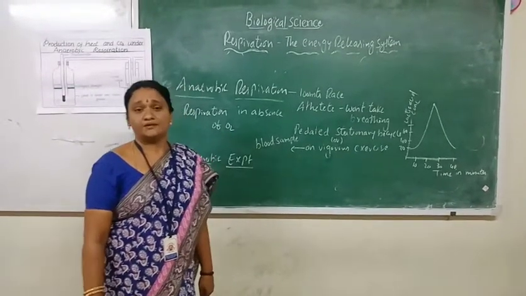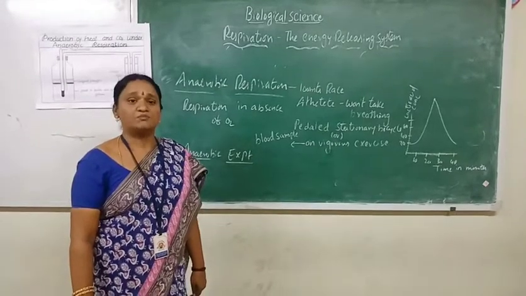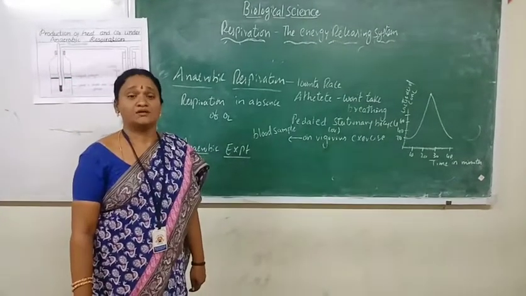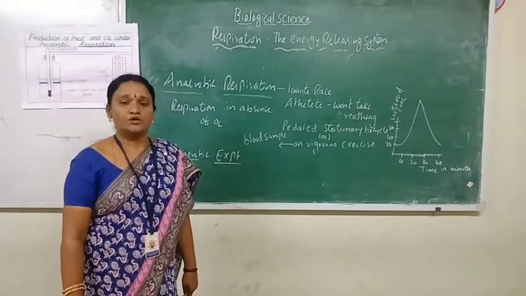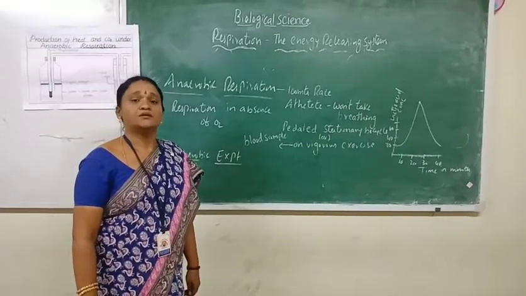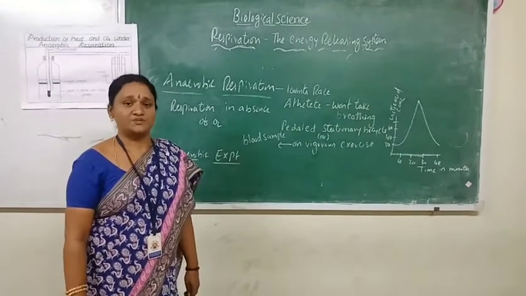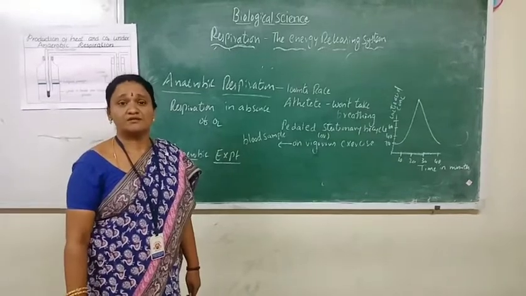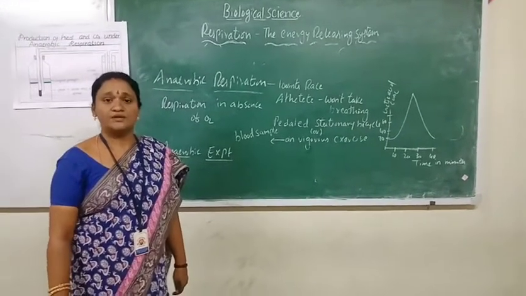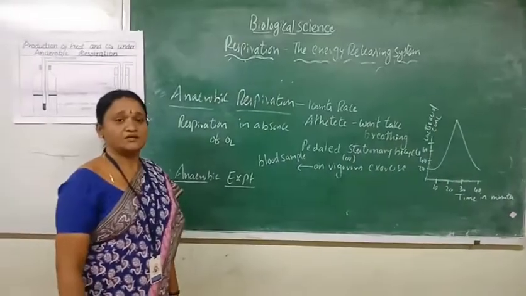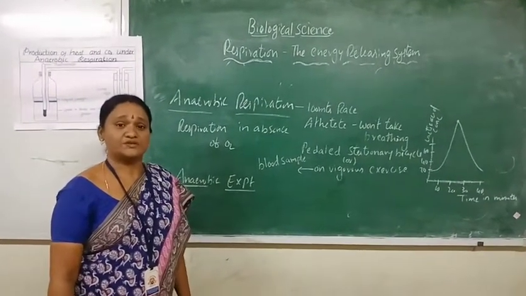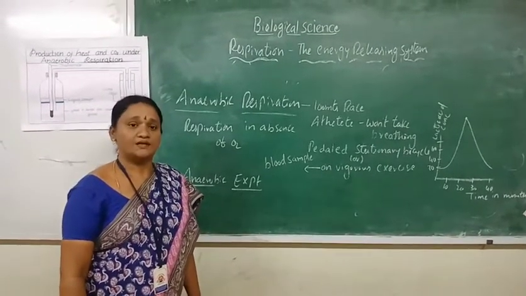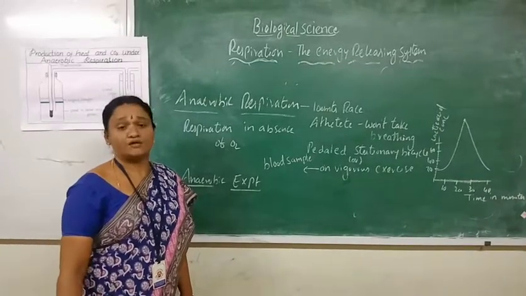Let's see how anaerobic respiration occurs by pedaling a stationary bicycle. When we start pedaling, at the beginning we observe aerobic respiration in our leg muscles. As it undergoes aerobic respiration at the start, he gets more energy and pedals the bicycle fast. But as the pedaling continues, a stage comes in the muscle cells where oxygen is depleted. That is, a sufficient amount of oxygen is not supplied to the muscle cells. At that time the leg muscles undergo anaerobic respiration.